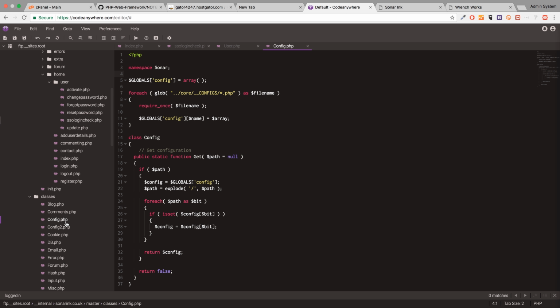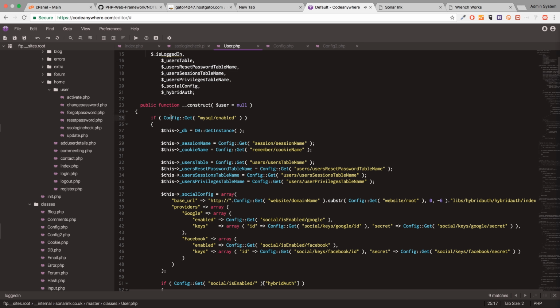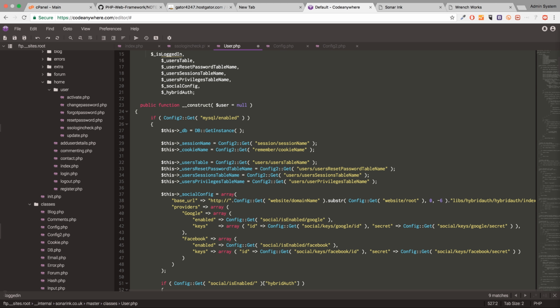Okay, so in the config2 file, for now, it's going to be called config2, like so. And in user, anywhere I use config, replace it with this. It'd be easier if I were to, actually I always do prefer using